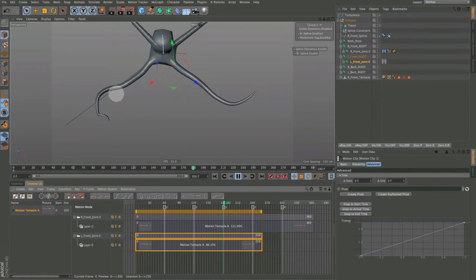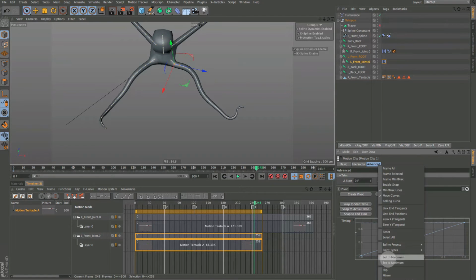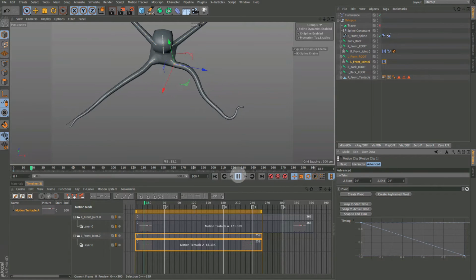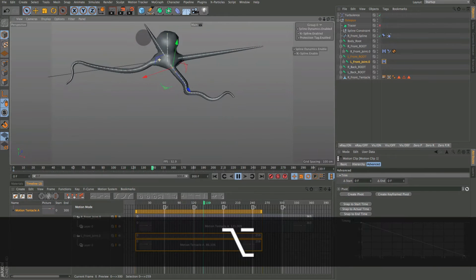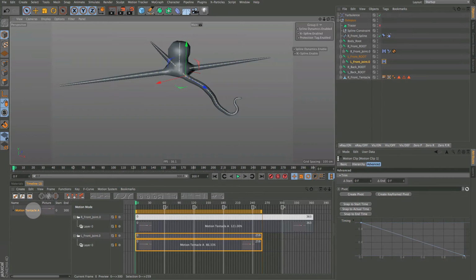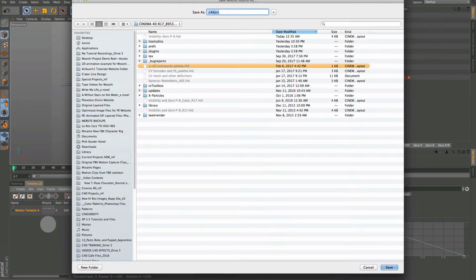The right front is playing slower, the left front's playing faster, and I can even go into the left front, and I'm going to right click, and come down and flip. Now it's going to play it in the opposite direction. Now we've got a great deal of difference between those two. Okay? And so what you can do then is come in here and right click and say save motion source